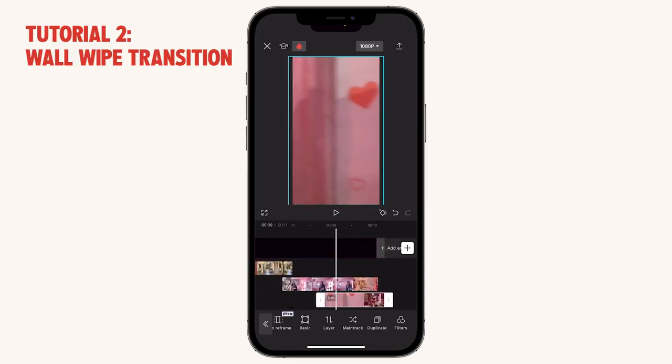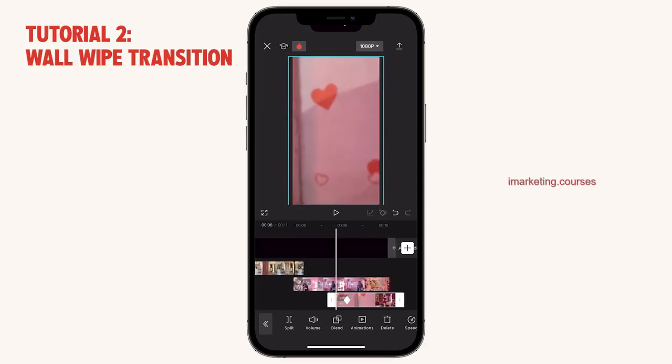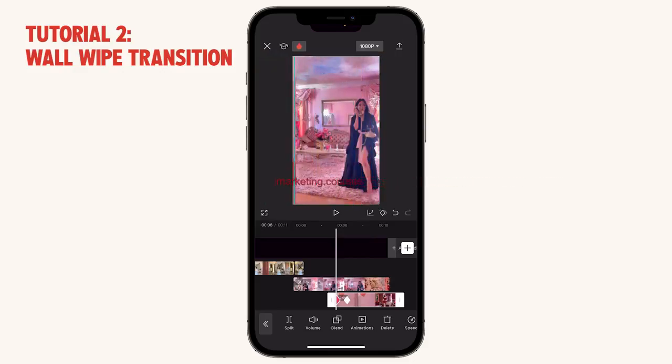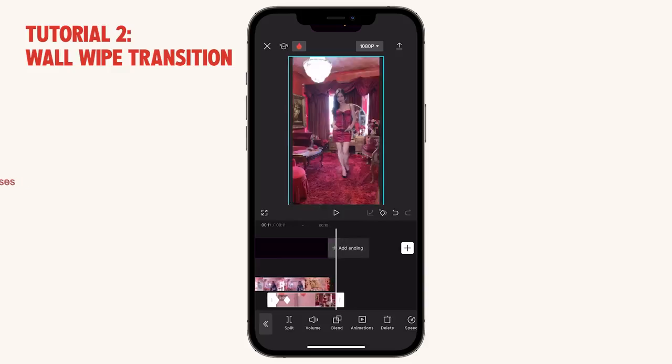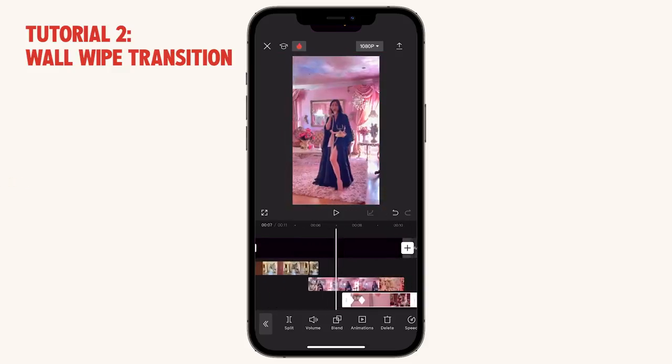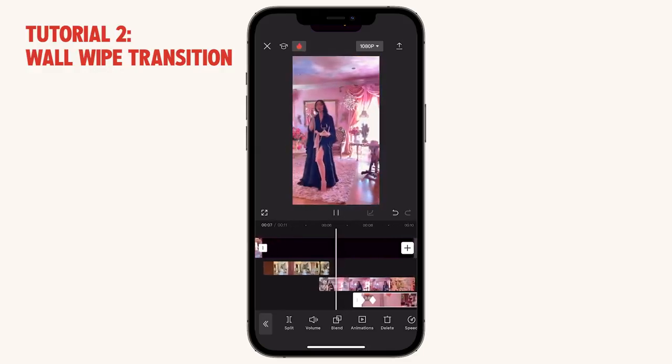So what we're going to do now is we're going to animate the wall in. So let's pick the part where it starts moving and start there, right here. Start there with a keyframe. Then let's add another keyframe to the beginning, and let's just move this wall out of the frame. So what happens now is that when you play it, the wall gets animated in, right? So it looks like a wipe, but really what happened is we animated the wall into the frame. So let's play it over